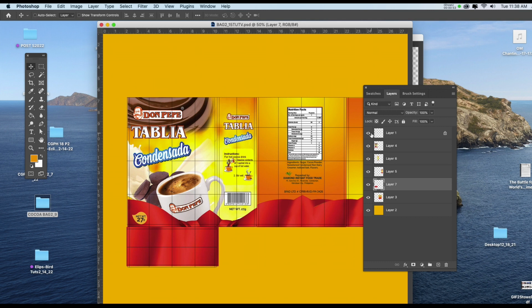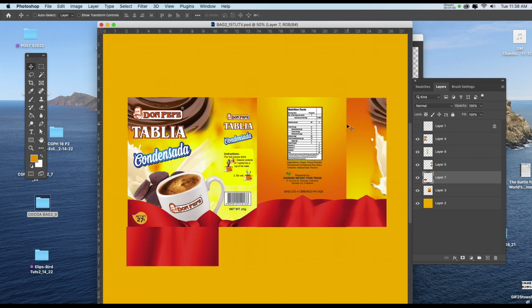I'm going to turn off the UV map, which is at layer number 1, to see what I have so far. So that'll work pretty well. So I'm going to save it, and I'll return to